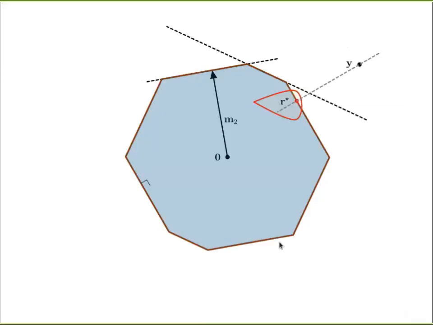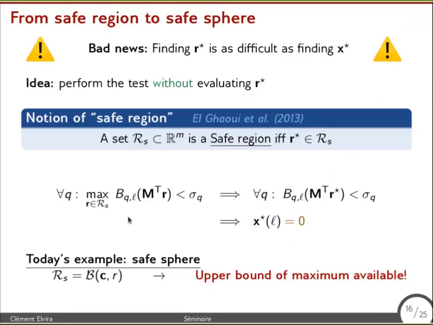Okay. So if I come back again to my geometric interpretation, I have represented in orange the safe region that contains R star, and here the relaxed screening test corresponds to checking if the latter hyperplane, represented in black here, intersects the orange region. Here it is not the case. So even if I do not know R star, I can evaluate my test, provided that I can evaluate the maximum value here. In the general case, evaluating the maximum value is complicated.